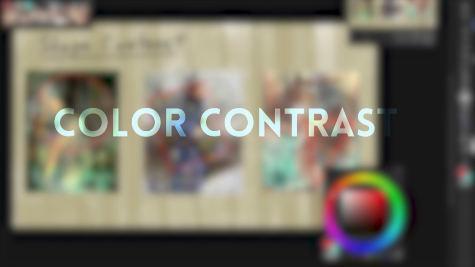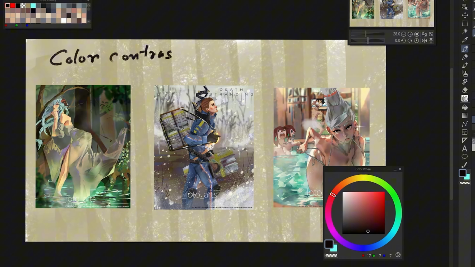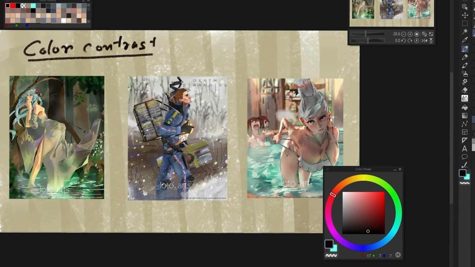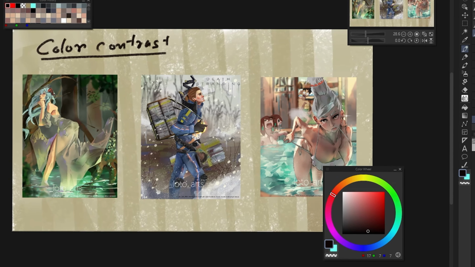Now let's get started with the last contrast, which is going to be the color contrast. So what is color contrast? If I were to simplify it, you can say it's like complementary color. But complementary color is one of the color harmonies, right? There are three types of color harmony: triadic, analogous, and complementary color. And it is a myth that color harmony and color contrast are the same, or more precisely, color contrast is not equal to complementary color. Yes, it can be the same, but you need to think of them as two different things,